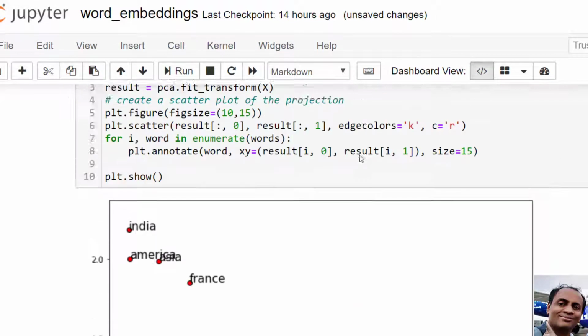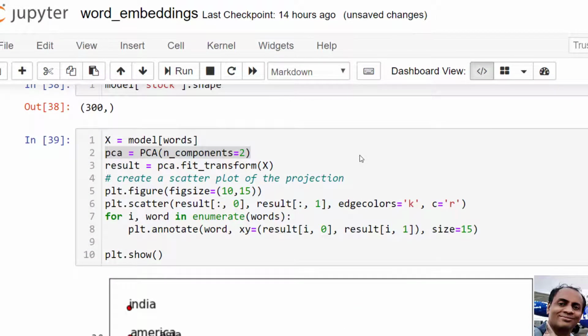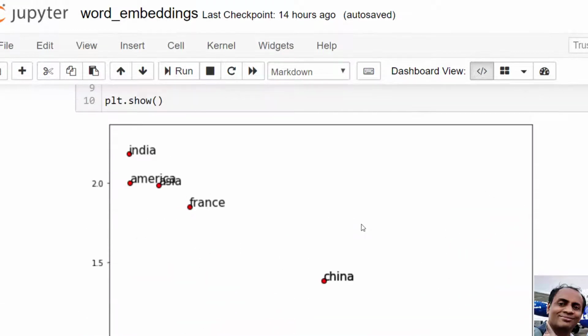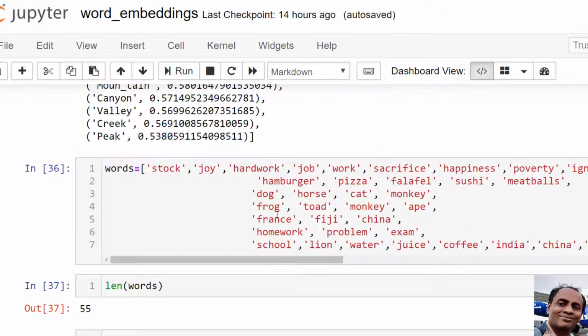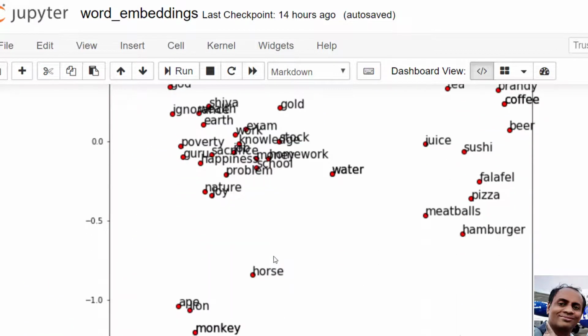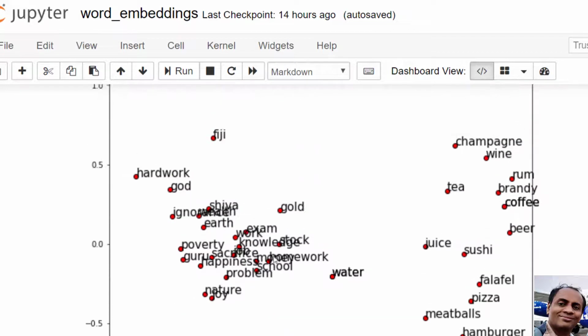So what it means is these vector representations of words are indicating some kind of meaning in that word, and this is derived by different algorithms. It is mainly based on the context in which the word is used, and similar words are the words that appear around a particular word. So you can try your own stuff. You can try your own list of words and see how they appear in the plot. This is very interesting.